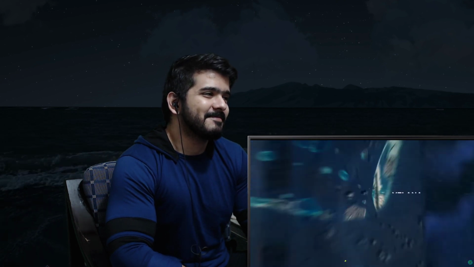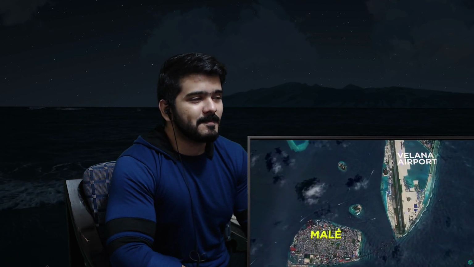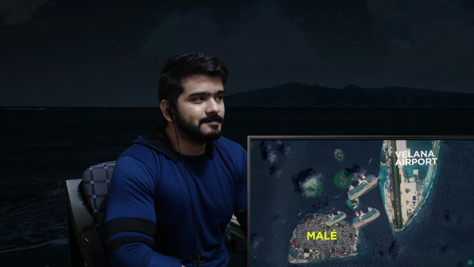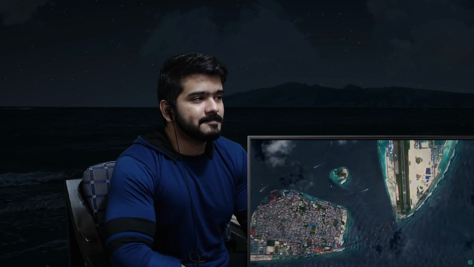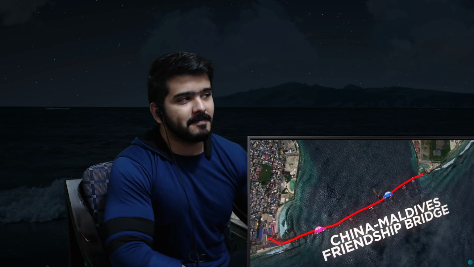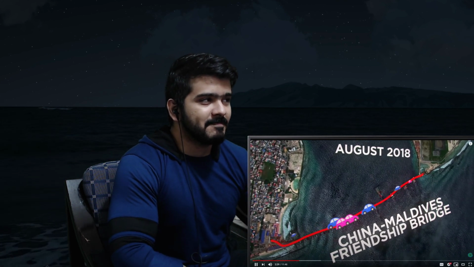For the longest time, the only way you could transport yourself to the city was by taking a water taxi or ferry, which could cost travelers another extra fee upon arrival. Until just recently, when they decided to build the bridge known as the China-Maldives Friendship Bridge, funded in part by China. Set to open in August 2018, this would connect